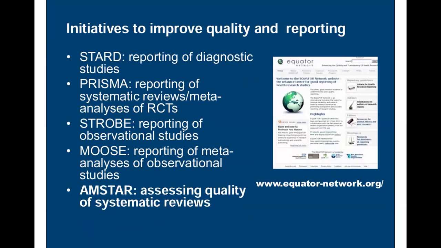Initiatives to improve reporting quality. If you see studies conducted in earlier years, like the 1980s and 1970s, you will have very limited information, because there were very few reporting guidelines, so the articles were reported as the authors thought perfect, or as per their convenience. But now we have different